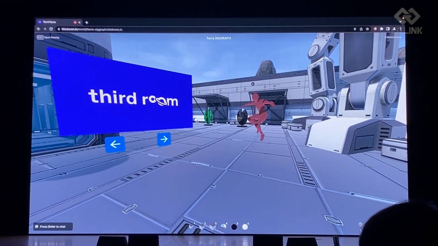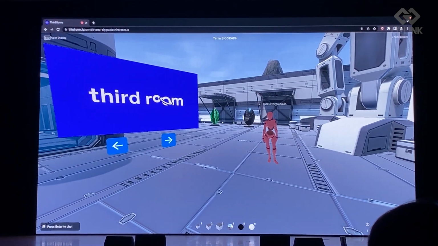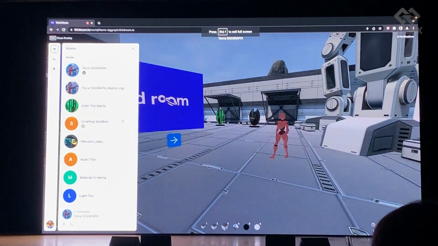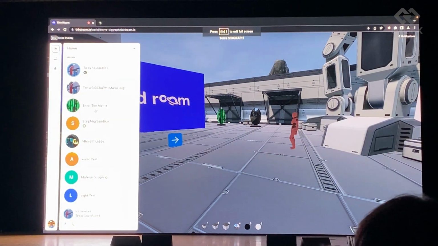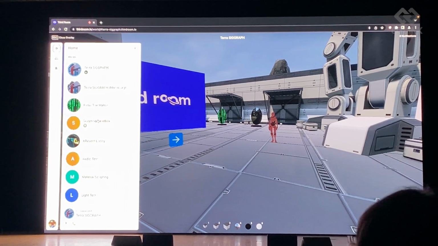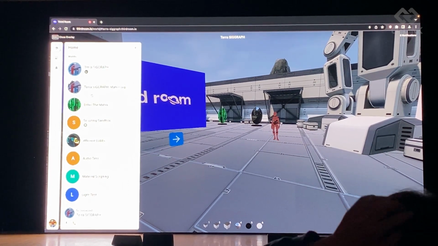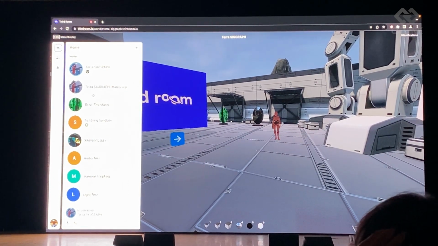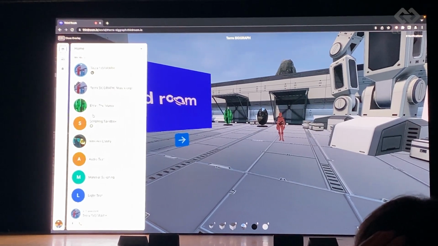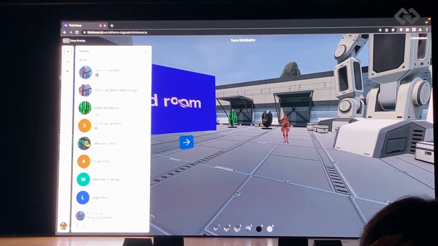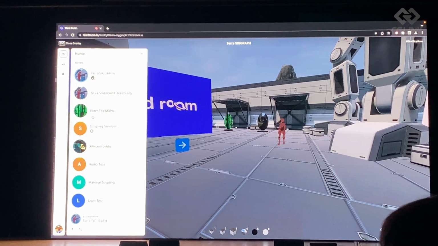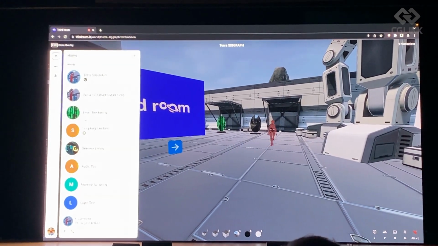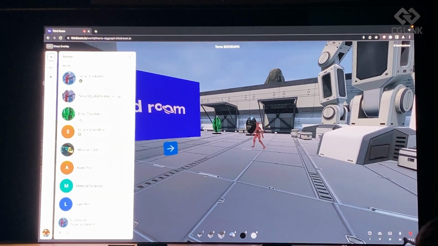All right, let's get into some of the features of Third Room. I'm going to open my overlay here, and on the left you can see some of the worlds that I can join. Here I am in the special SIGGRAPH version of an environment that we call Terra, and there's a number of other worlds that I can join, similar to how you might join a chat room. Each of these worlds can have their own environments and interactable content that I'll get into a little bit later.